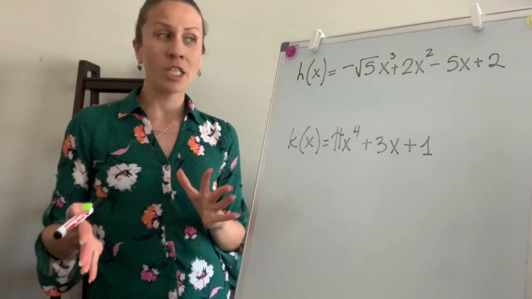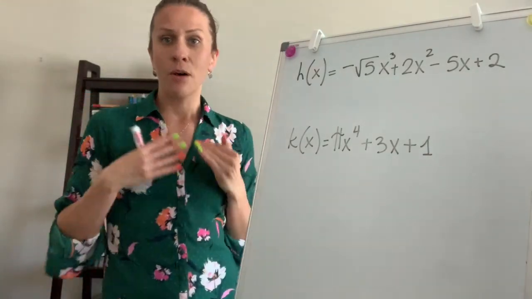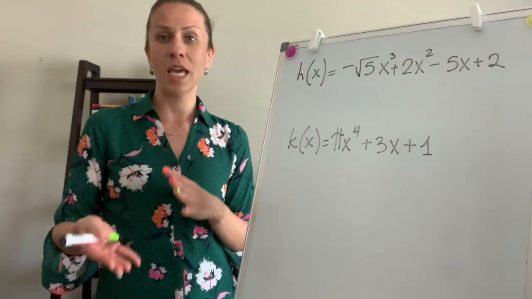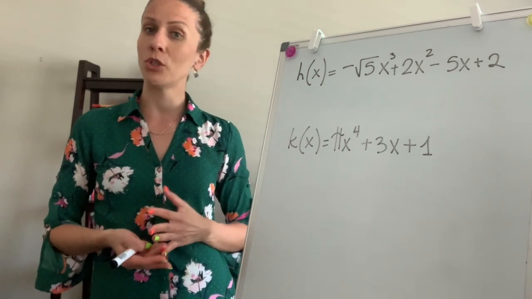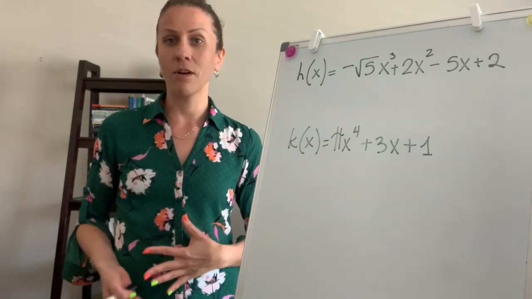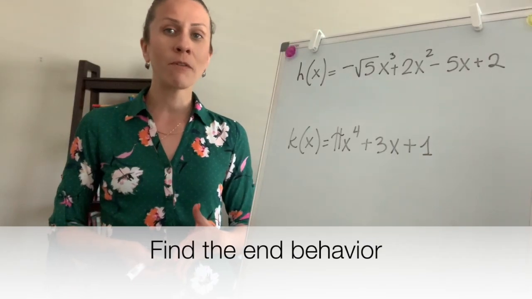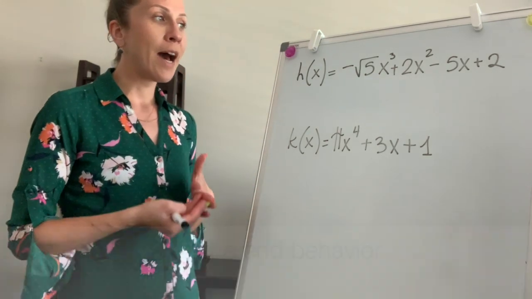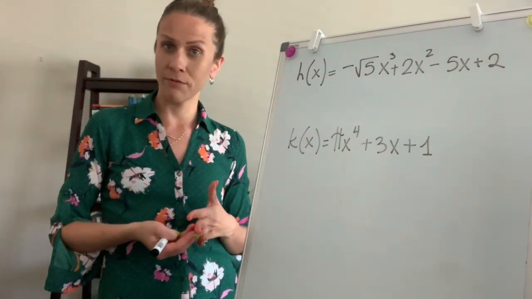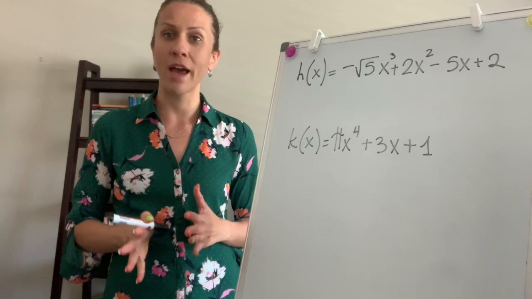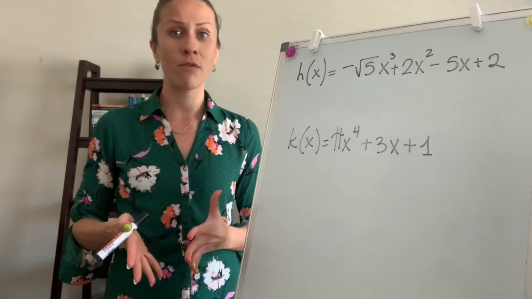So with this function h and then function k, we are going to try to find the leading term, and then based on the leading coefficient and the degree of our polynomial functions, we will determine what type of end behavior these functions will have on the graph. So let's look at function h. First of all, let's find the highest exponent that x has in this function. This exponent is 3. X cubed is the highest power of x, meaning the leading term of this polynomial function